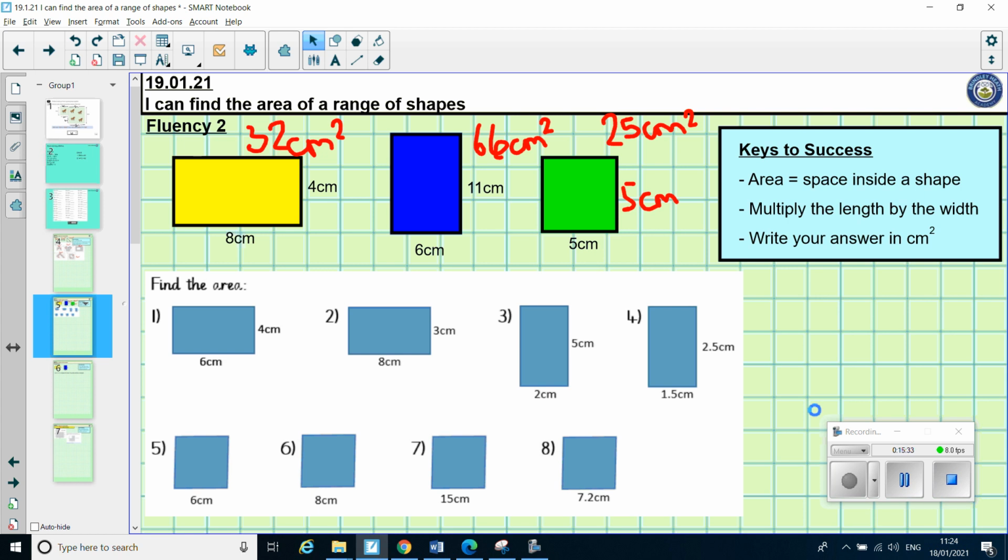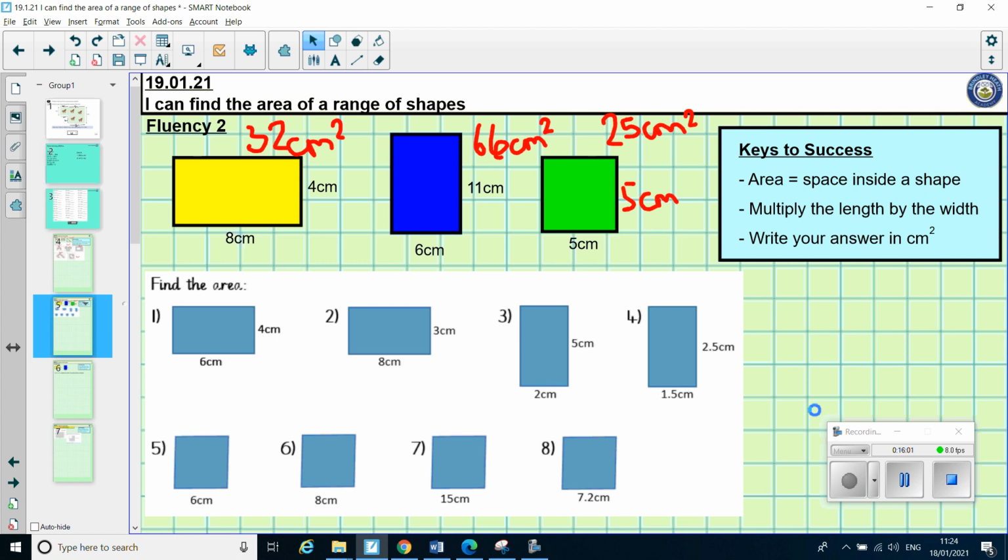So for number 1, you should have got 24 centimetres squared. For number 2, 18 centimetres squared. Number 3, 10 centimetres squared. Number 4, quite tricky, but multiplying a decimal by a decimal, I think you could probably do it. It was 3.75 centimetres squared. Number 5, 36 centimetres squared. Number 6,